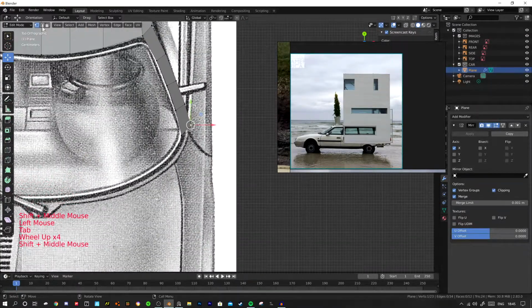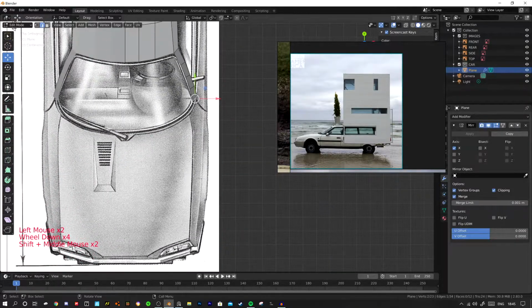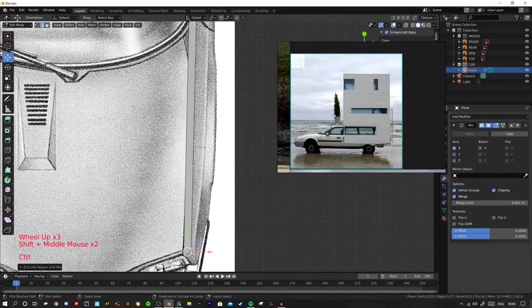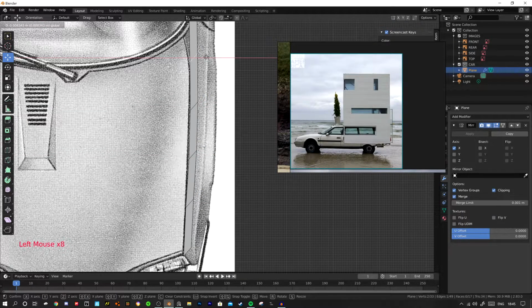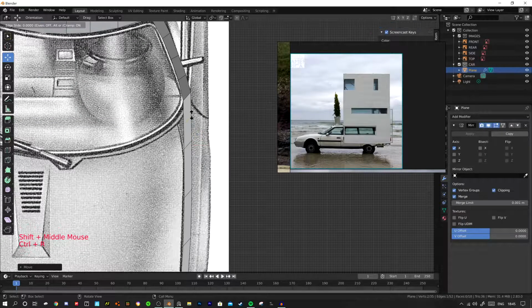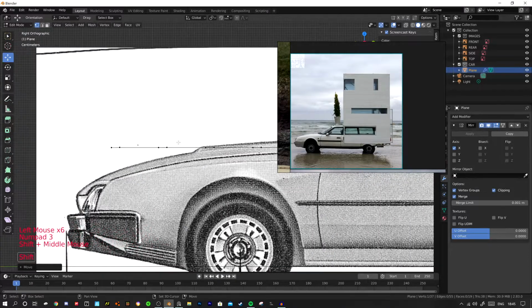Now we select top view. This is one of the best parts in my opinion. This is how I always do my cars. I extrude the front out like this. I'm not sure if any other people do it like this, but I do, and I like it. It works for me. Then I just follow this bonnet line, which makes it easier for me to extrude the bonnet later on if need be, which I'll probably do. And then I just add a couple of loop cuts if it's a difficult angle, so I can just go like that. Now if we go into side view and just bend it down,